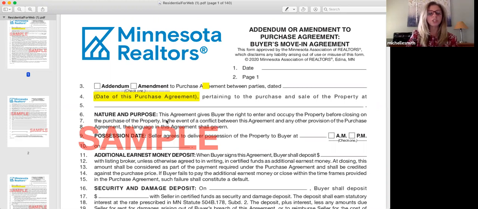So that was changed on every single document. They added this part that says date of this purchase agreement. So you will see that on every document, but that's the only thing that changed on a number of the documents. So then I'm going to,